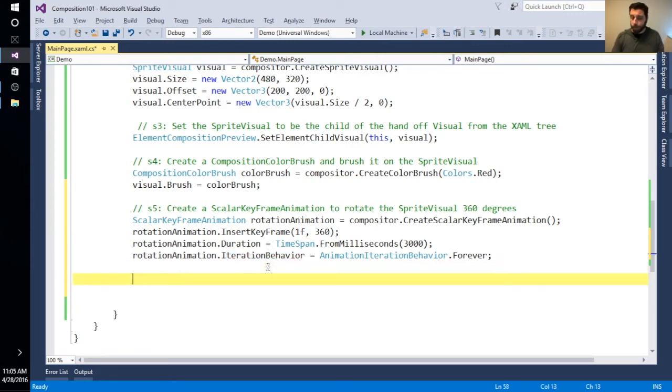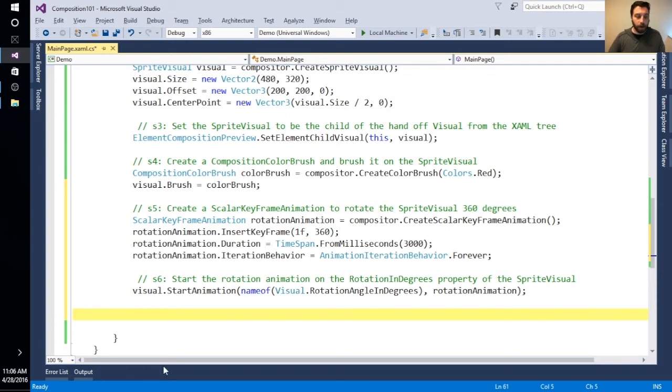The next thing that we need to do is take that animation, because this is just a description of an animation. It doesn't actually do anything. So what we need to do is apply it to a property and then call start animation to get that to actually kick off and execute. So the next line of code here is we get our visual and we say start animation, and the property that we want to target is the rotation angle in degrees property.